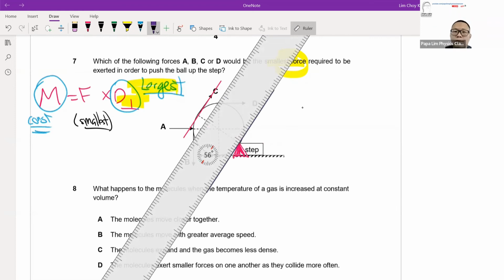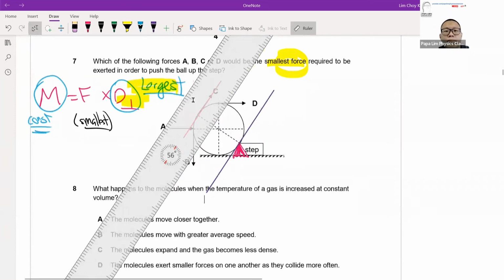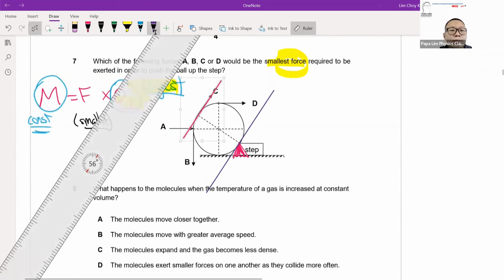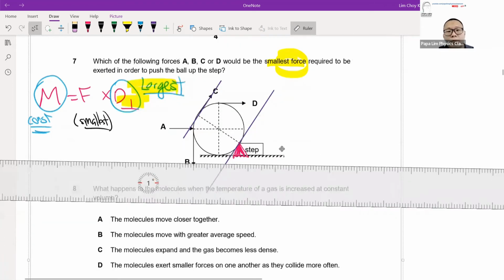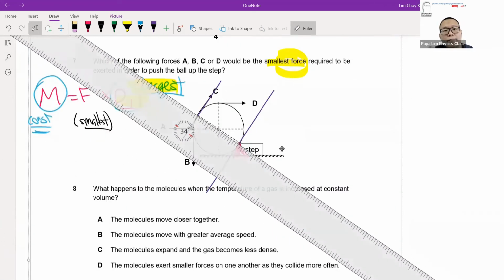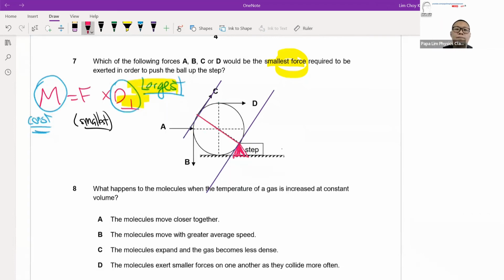Now you have two parallel lines. Let's make it the same color. So I have two parallel lines, and now I will put a ruler between them and find the shortest distance between them. The red line is the shortest distance between them, which is the perpendicular distance I need for